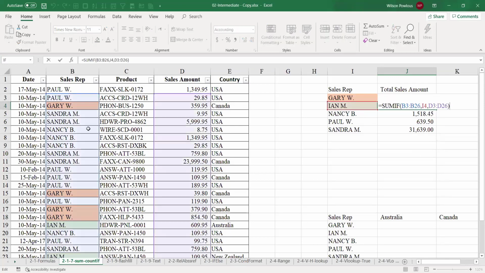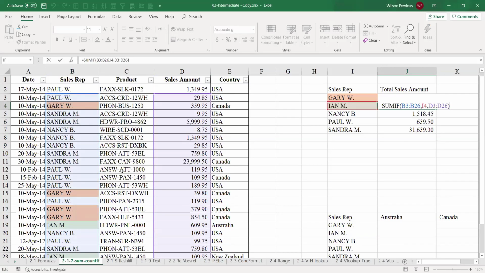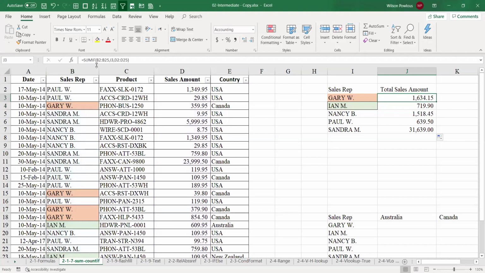When I press F2, see this is highlighted from B3. It's supposed to be from B2, right? But if you look at it, it has moved one row down. That is because this is called the relative reference. So when the formula is here referring to B2, the same formula, when I copy it down here, will refer to B3. When it goes to the next row, it becomes B4. This is a relative reference.